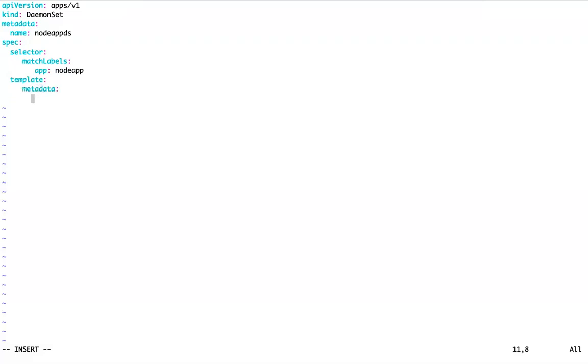Metadata, name, your labels. Then spec, your pod specification.